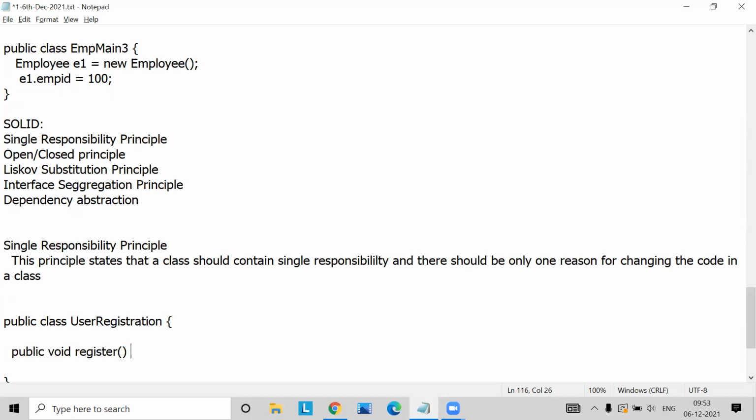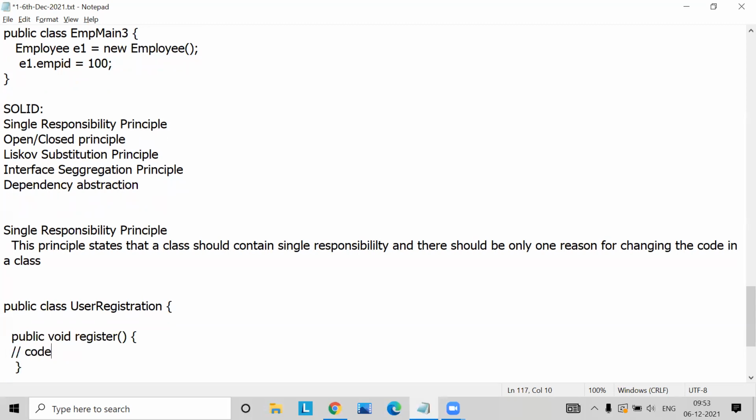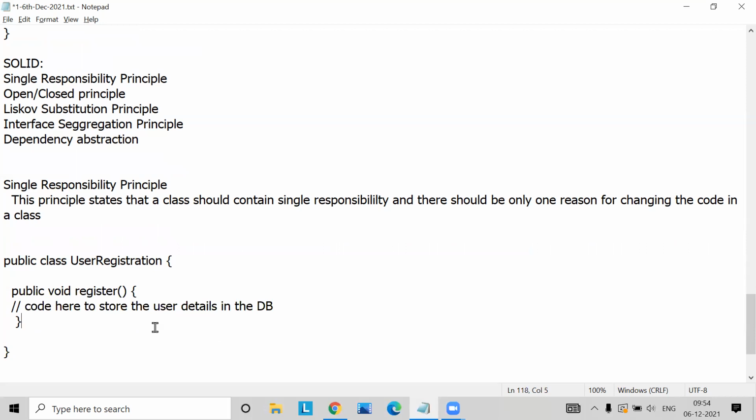Inside the register method, you write the code here to store the user details in the database. Inside this particular piece of code we make use of the service code, like user service, and user service will internally make a call to the user DAO. And user DAO internally contains the JDBC code or Hibernate code, whatever code applicable, that stores the user details in the database. And once the user details are stored in the database,